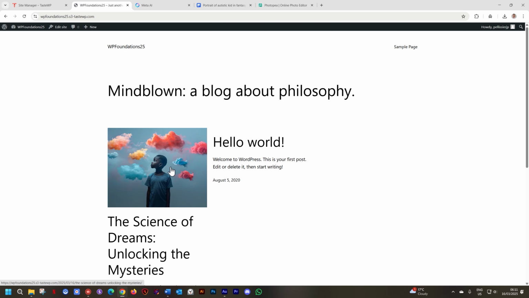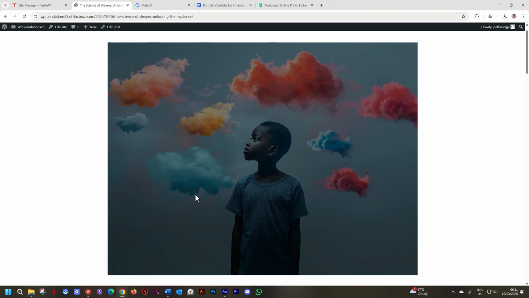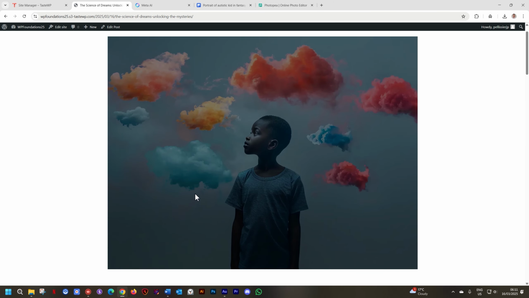When people share this link on Facebook, this is the image that will appear. And when you go into the post itself, automatically WordPress puts this featured image at the top. And in this case, they even make it a little bit darker. They apply a dark overlay to it. And that is the purpose of the featured image, is so that your page has an image. When it is shared, when it is viewed, you can see that image.